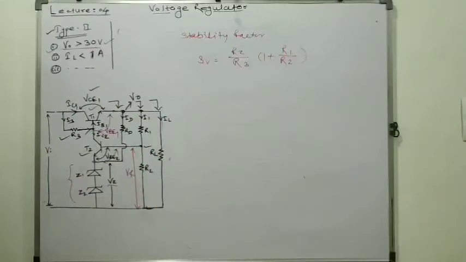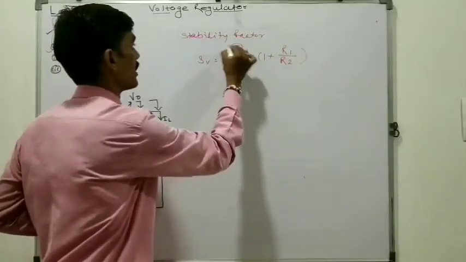So this is nothing but the formula for stability factor, where RZ is nothing but the dynamic